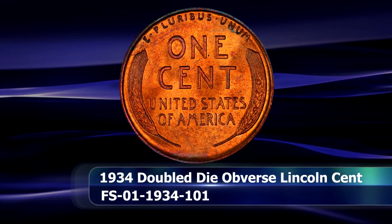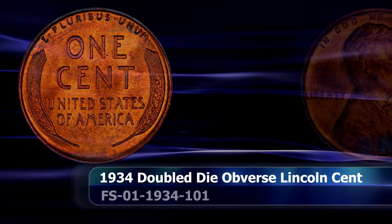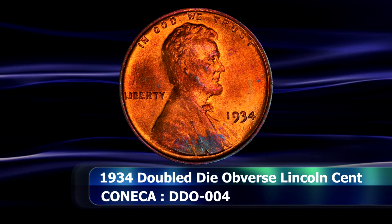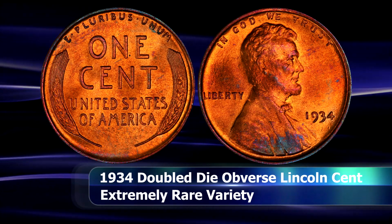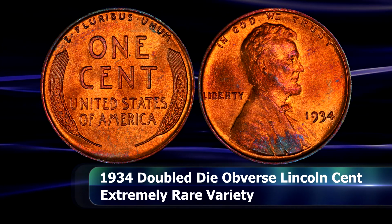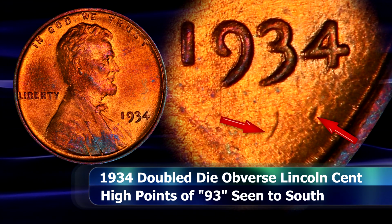$124. And then, in the number 7 position, is what I'd say is easily the rarest coin on this list overall, and also the first double die variety to boot, the 1934 double die Obverse. This is a rather interesting case, which is characterized by the remnants of the highest points of the numbers 9 and 3, appearing in the fields just southwest of the date. Other minor doubling and also a few die markers do exist to confirm the variety, but this is the main